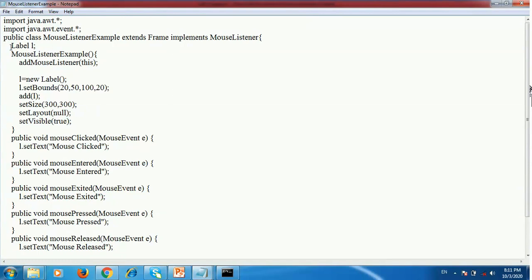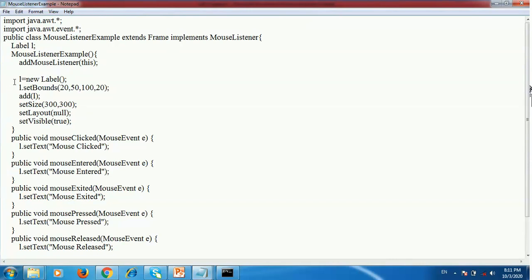After that, create an object of the Label L. Then create a constructor of the class MouseListenerExample. In that we call the method addMouseListener. This points to the current object.